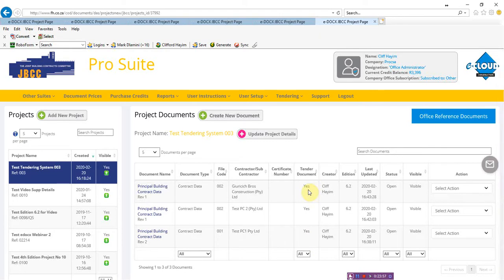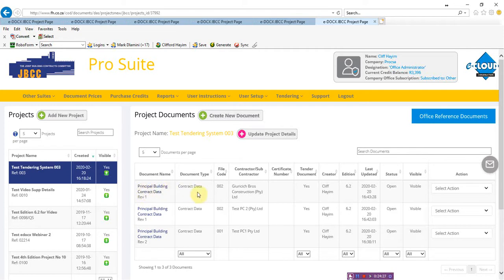Now, at some point, these 3 tenderers are going to submit. We have the tendering vault system, which is another video that we will show on how we can use the vault system to actually go out to tender. But let's assume you're just using it at this level purely to create your documents, and you go through your normal tendering system manually and you're not using the vault. At some point you do want to appoint one of these 3 once you've been through the process of adjudication, and you decide, let's just say it is principal building